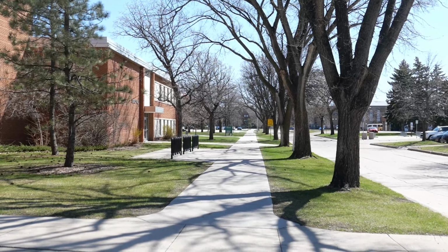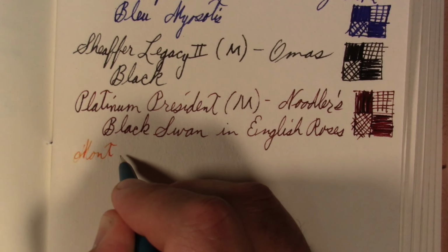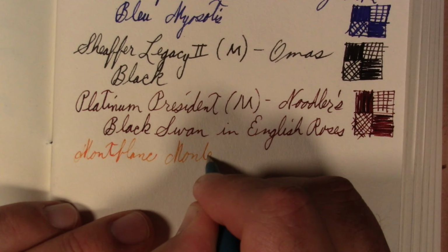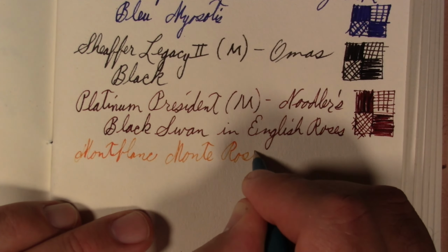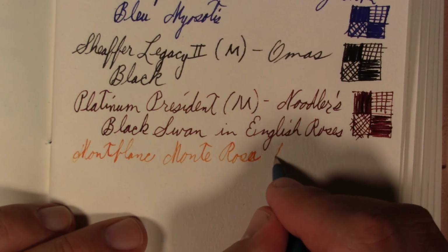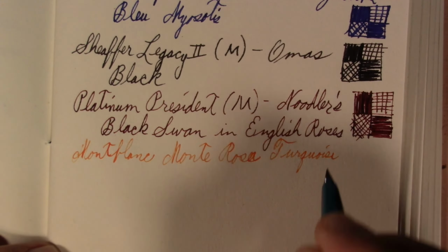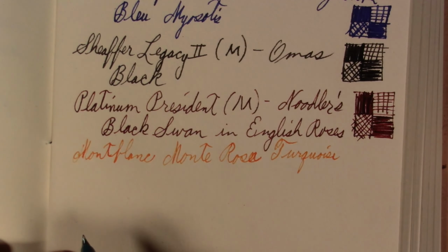And my final pen is this Montblanc Monte Rosa Turquoise. A very nice, lower cost pen, but one that I enjoy very much. So Monte Rosa was their low cost version. You don't find Montblanc pens with steel nibs, but this has a steel nib because it was more made for students. A market that I think is important because...